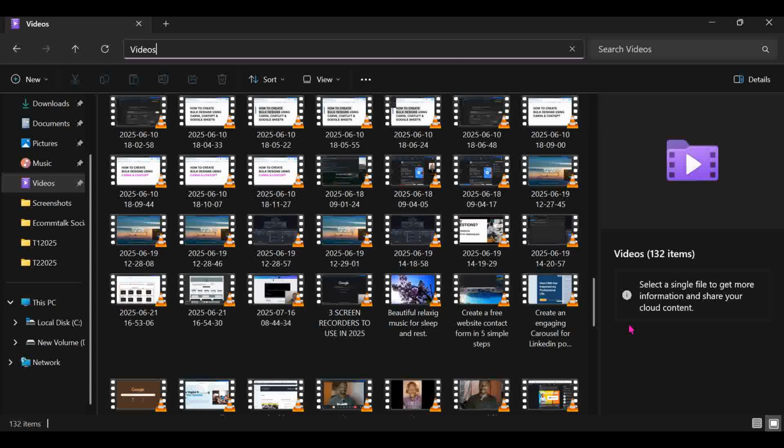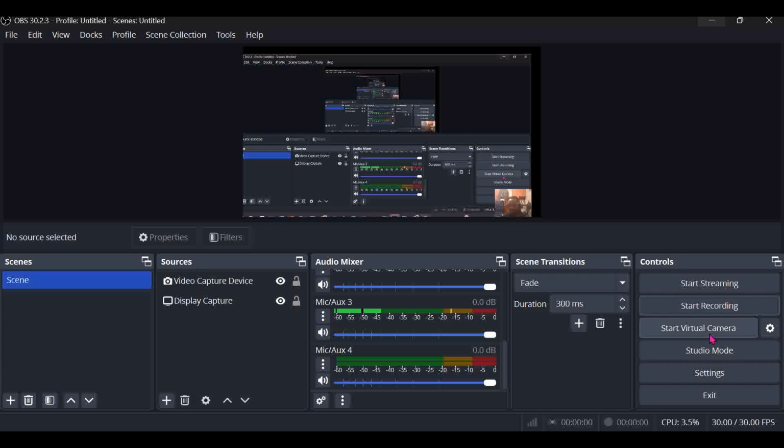Let's go back to the application and do another recording for maybe a few seconds so that we see exactly what I'm talking about, the path, because it looks like I can't locate the video, and that's something very important. You need to really set the correct path, place it in a location that you can easily access,